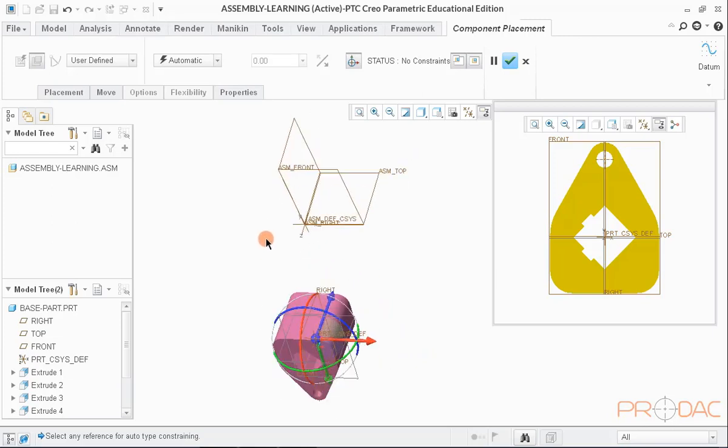Now, we have to define the position of this part first. If we click here, we can see various options of fixing the position of base part.